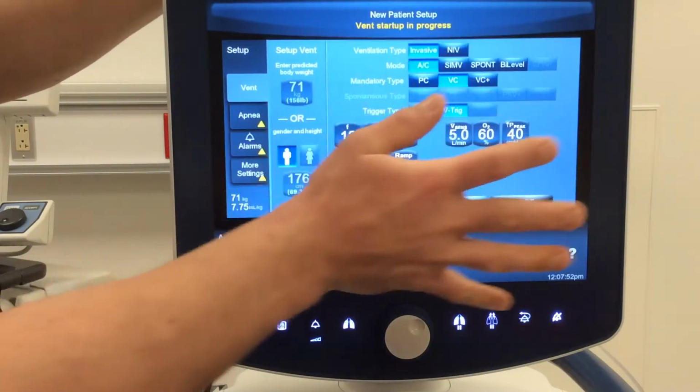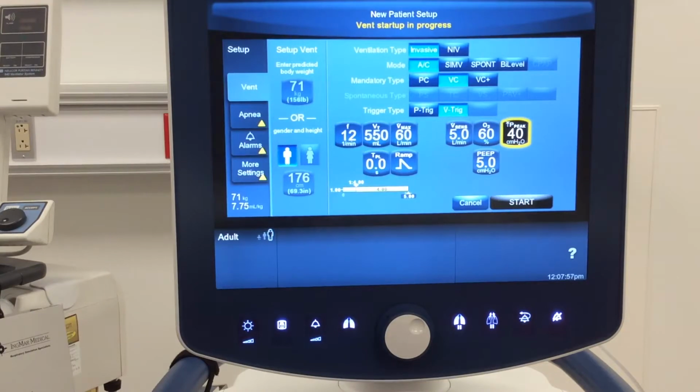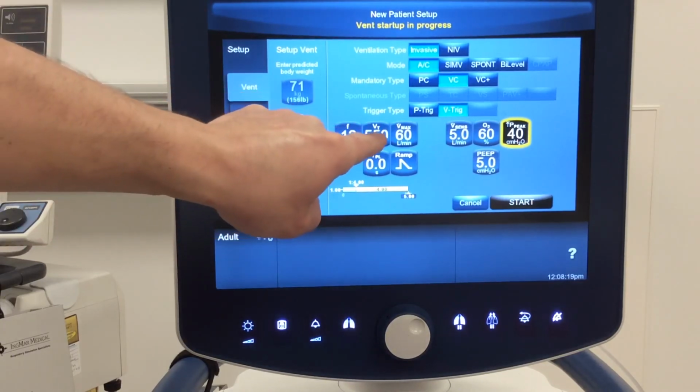So one thing that I like is when ventilators give me the option of setting this, okay? And it's called something different on every ventilator, it's actually me setting my peak pressure alarm. So high pressure alarm, peak pressure alarm, inspiratory pressure limit, whatever you'd like to call it. And you might ask yourself, well, why is that important? I don't know what they're going to be registering when I hook them up. And that in itself is exactly why you want to be able to set this, all right, when you're initiating ventilation. Keep in mind, we are trying to deliver a certain tidal